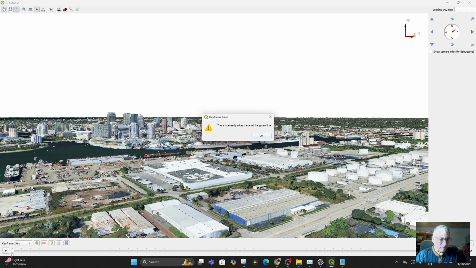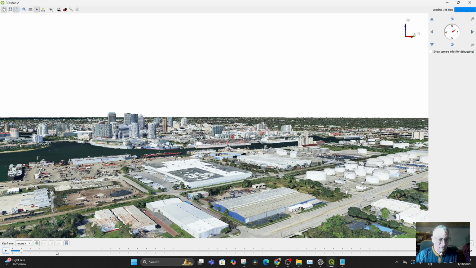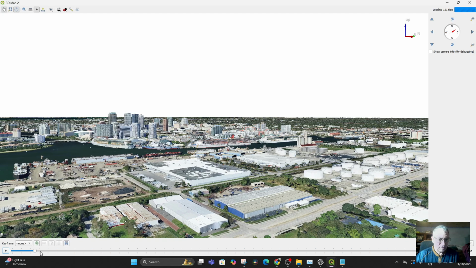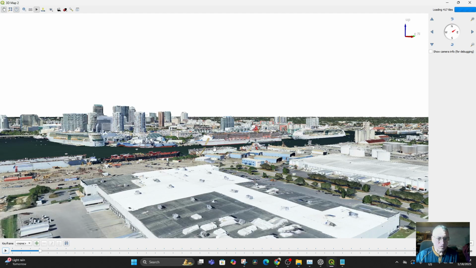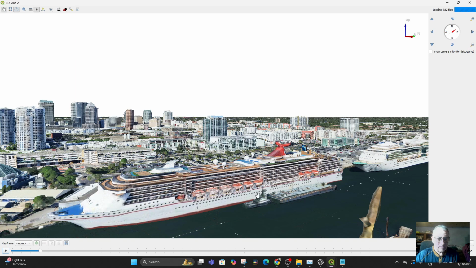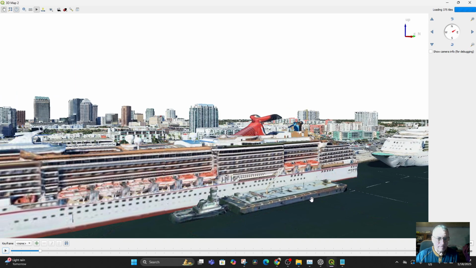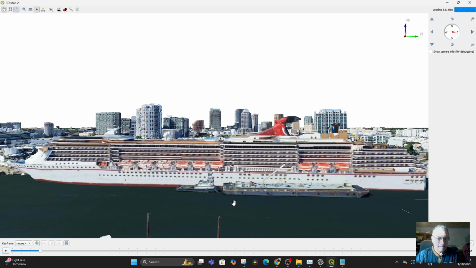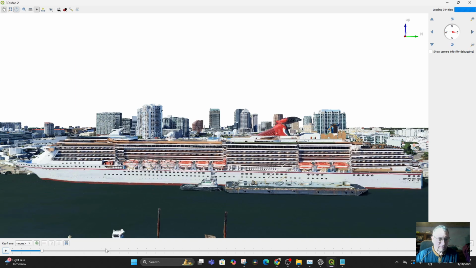But then you can start moving through your map and say that at this number of seconds, we can zoom in on the cruise ship and maybe tilt the map a little bit. Say we're doing something on sustainable tourism, and then add a keyframe, and then come in later on, and maybe we want to